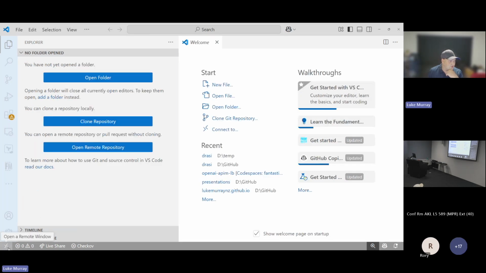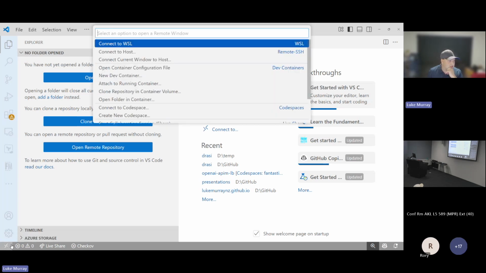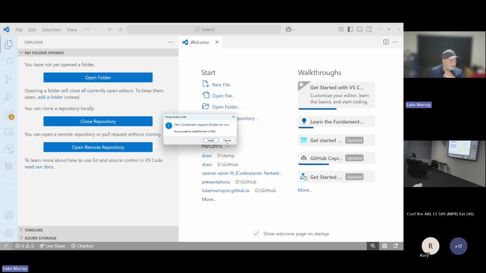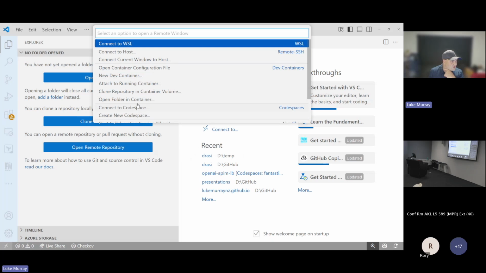Down the bottom, you will see two little arrows that say open a remote window. What I can do with my local VS Code instance is select that, and then I can either create a new dev container or attach to a running container. So for example, if I attach to a running container, oh, not that one. If I connect to Codespace, sorry,